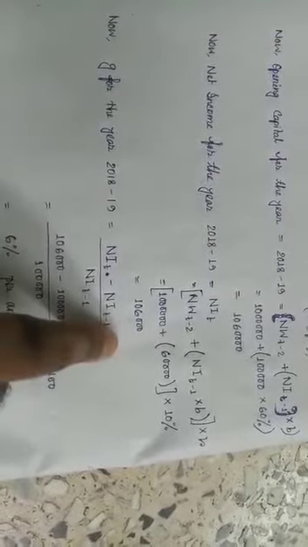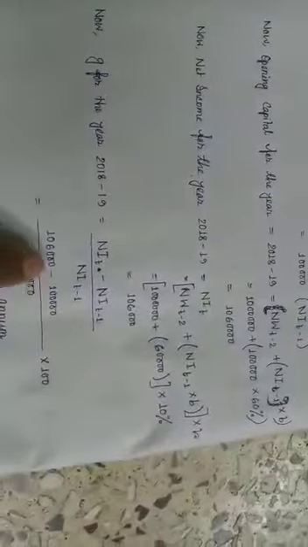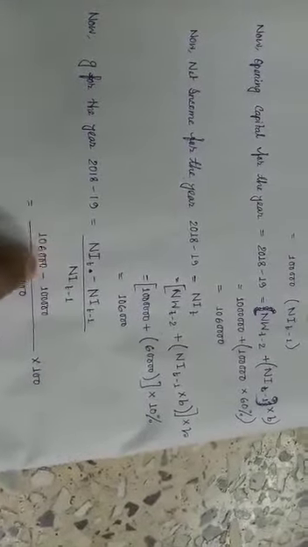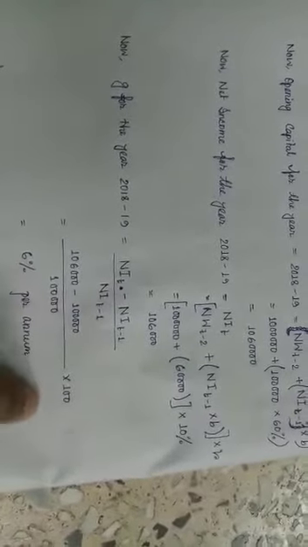Now growth rate is to be calculated by applying the formula net income of the current year minus net income of the preceding year divided by net income of the preceding year. Here net income of the current year is rupees 1,06,000. Net income of the last year was rupees 1 lakh. So the growth in income, that means the increase in income, is rupees 6,000, and if it is divided by the net income of the last year, then we have the rate of growth, which is 6% per annum.